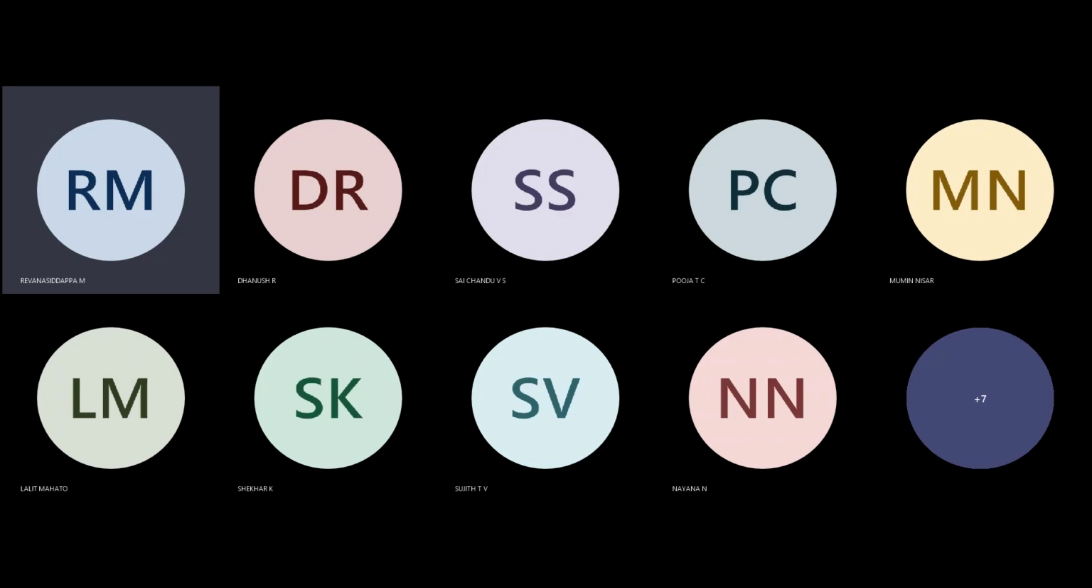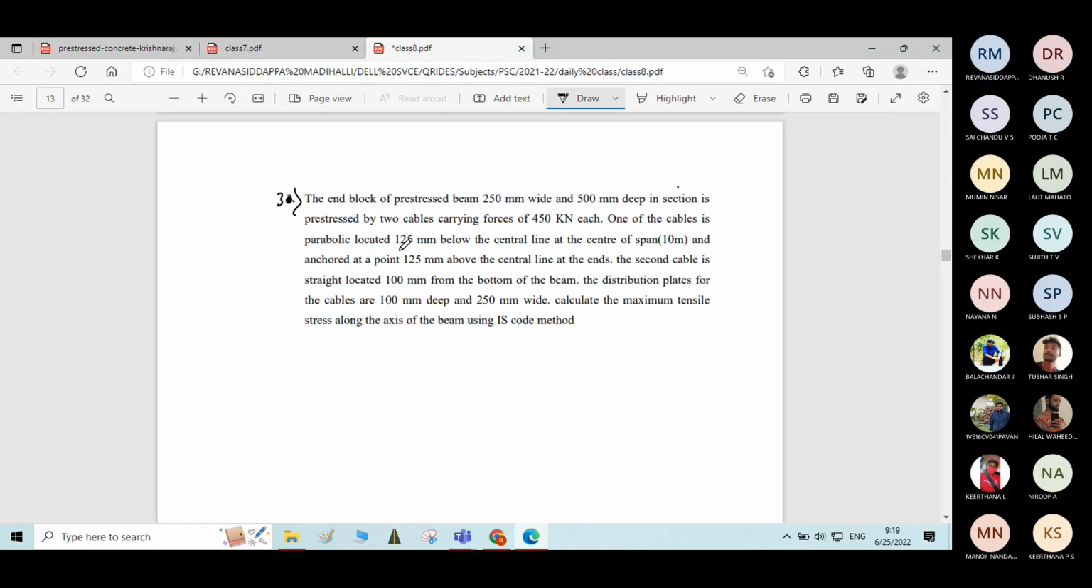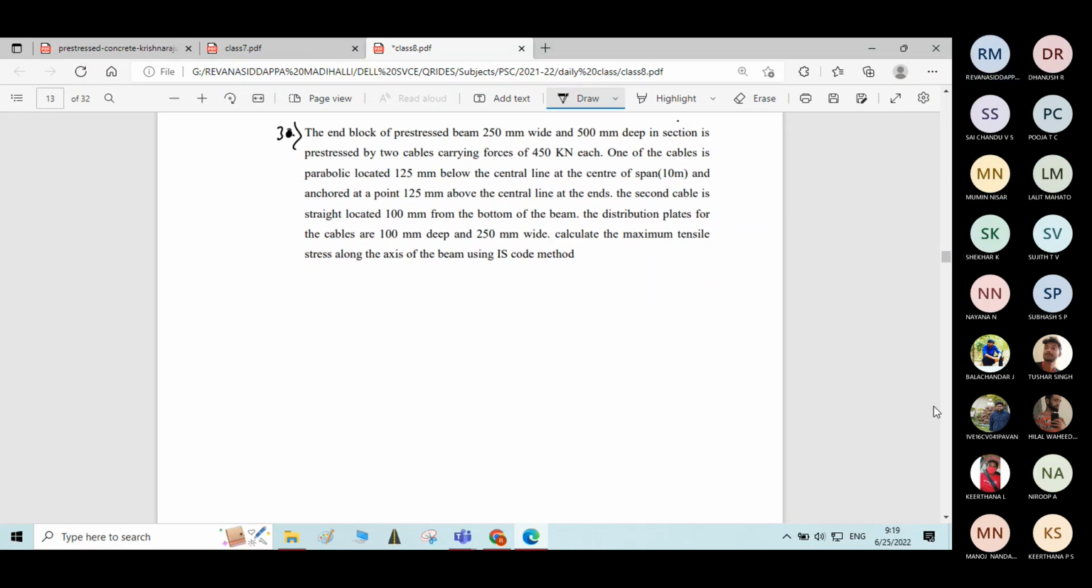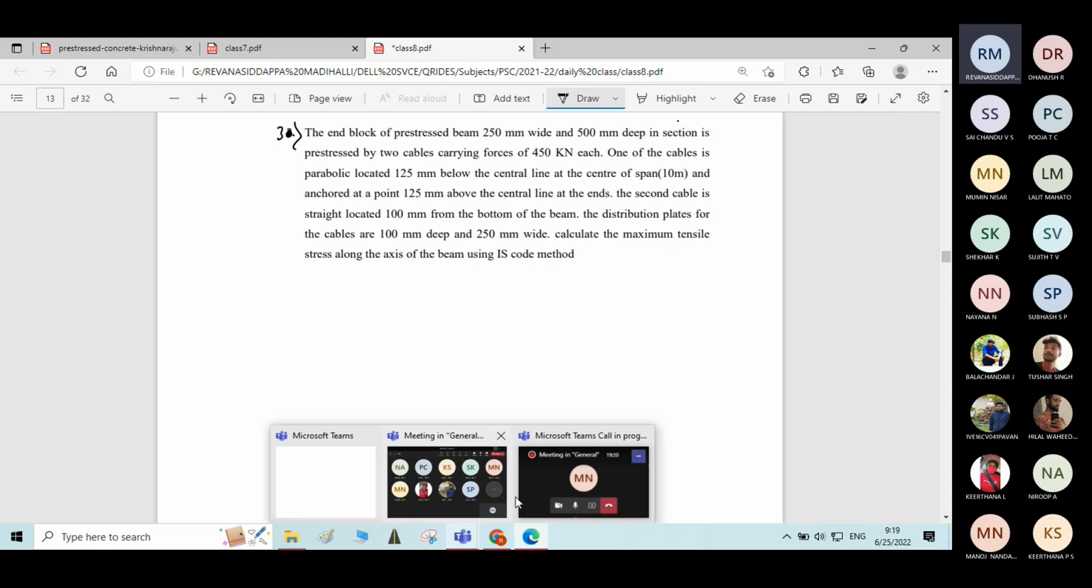Problem number 3. Just note this problem, students. The end block of a pre-stressed beam, 250 mm wide and 500 mm deep in section, is pre-stressed by two cables